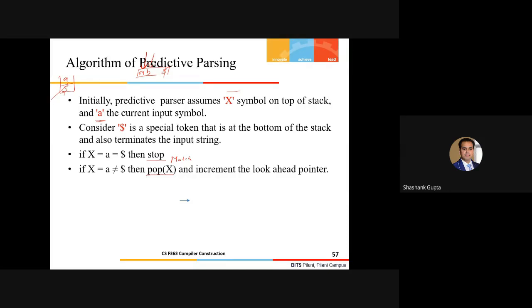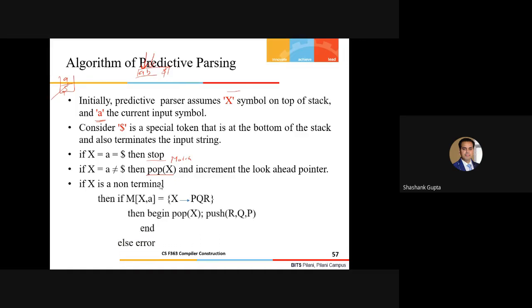Fine. And what are the other possibilities? We haven't played yet with any non-terminal symbol. So let's suppose now my X is a non-terminal symbol, that means my top of the stack contains a non-terminal symbol. In that case, I'll look at my parse table entry M[X, a], where a is your current lookahead pointer.